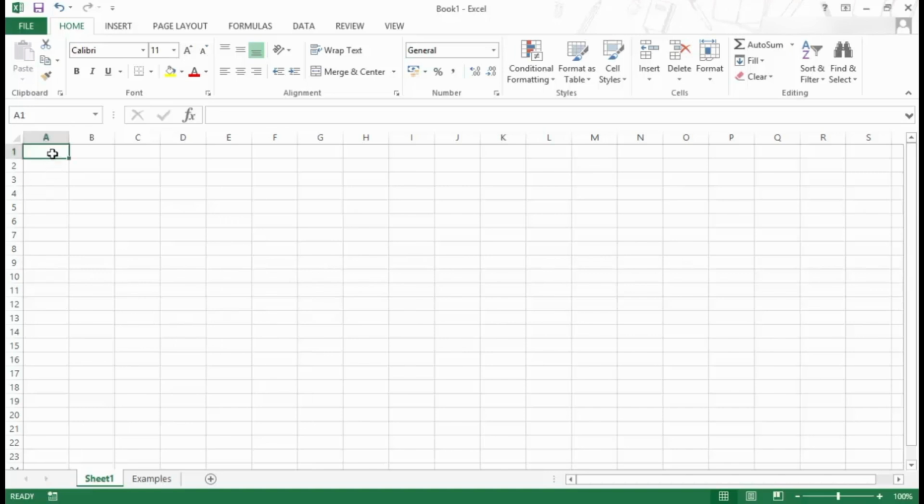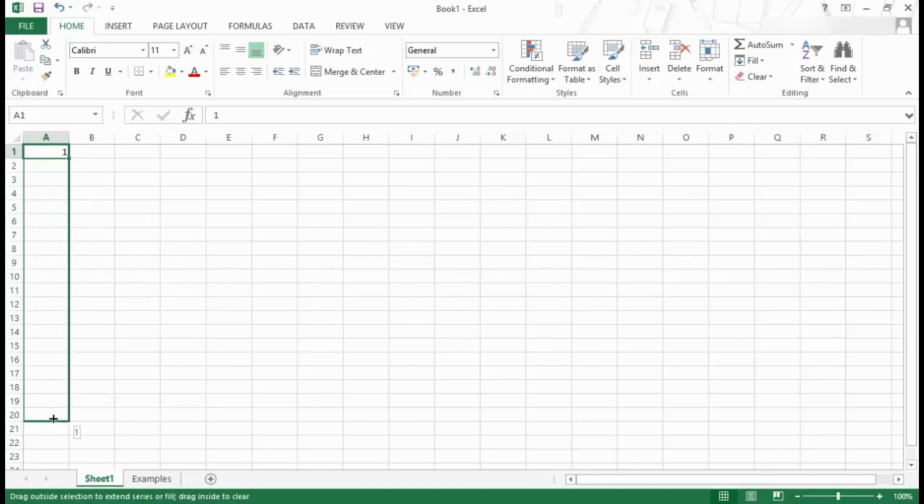So for example, let me type 1 here and say I have to drag this down and fill all these numbers. Maybe say these are serial numbers, so I want to drag this down up to cell number 20, and I want 1 2 3 4 5 6 up to 20 here. You see there is a square green shape here at the bottom right of this cell, and if I hover my mouse over it, I get a plus icon. If I drag this down while I click the left mouse key,